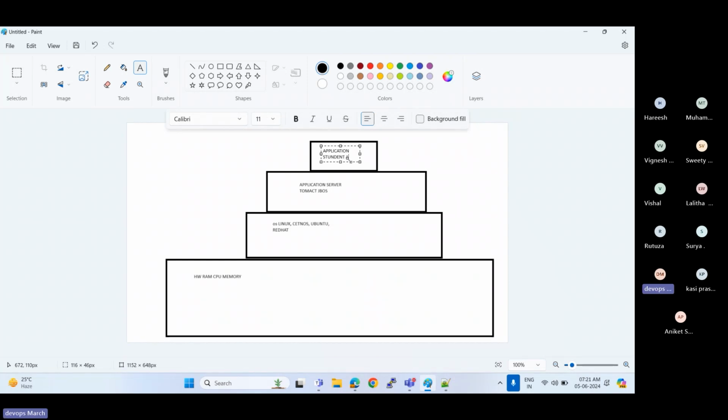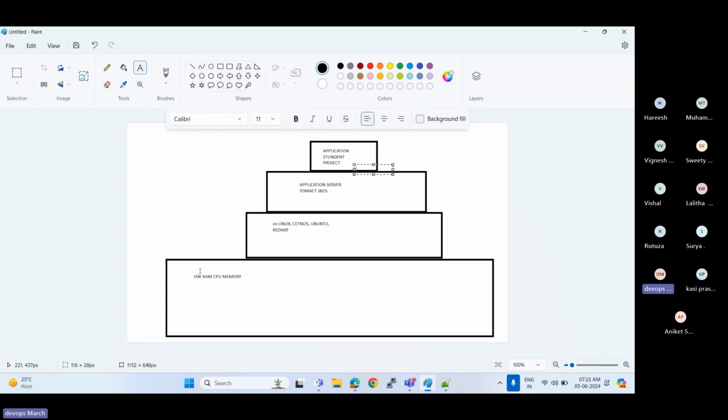The student application, student project. Okay, so for the physical server approach, we will take one hardware, and on top of that we will install an OS like CentOS, whatever OS we have. On top of the OS, we will install an application server like Tomcat, WebLogic, or JBoss, and also the libraries required for your application.